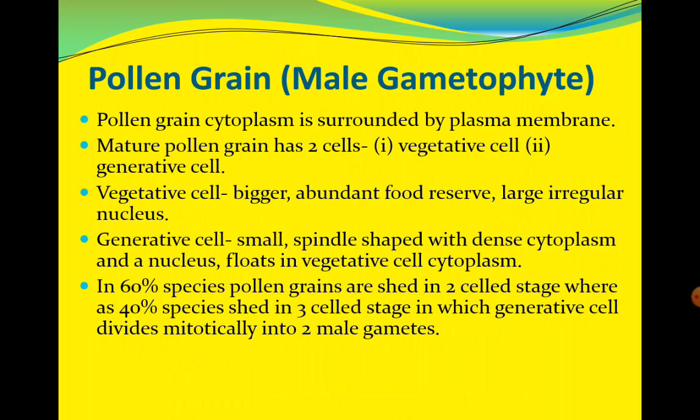In 60% species, pollen grains are shed at the two cell stage. So two cell stage means what? One vegetative cell and one generative cell. Whereas 40% species of plants shed pollen at the three cell stage. Three cell stage means what? It is having two generative cells and one vegetative cell. Okay,